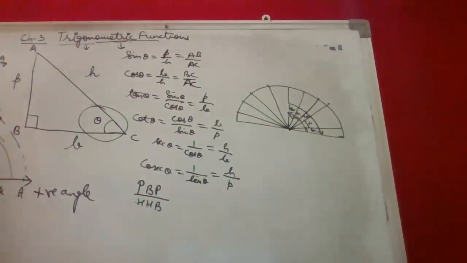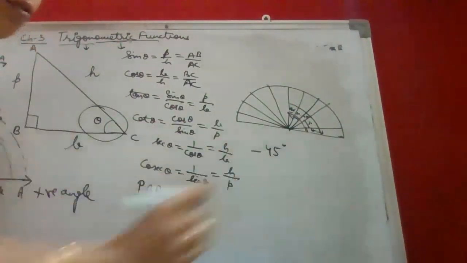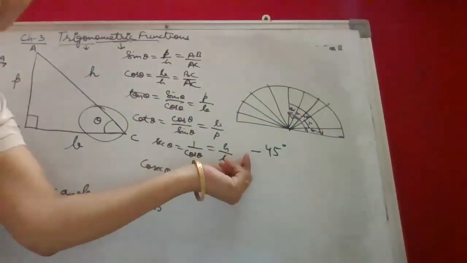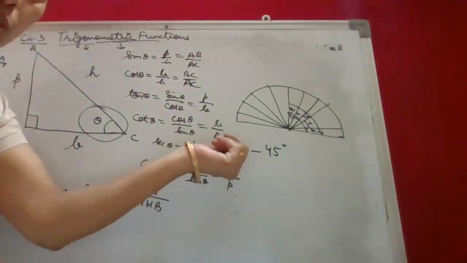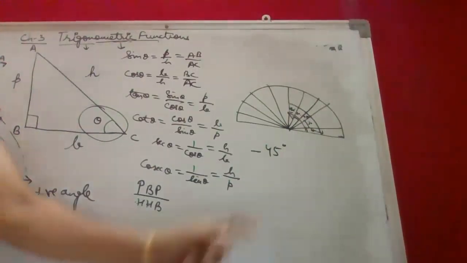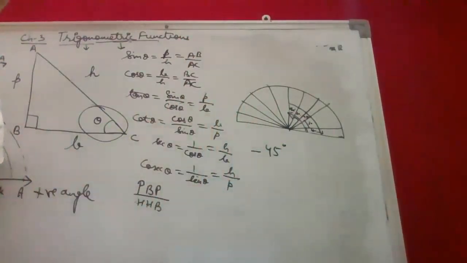So you have to remember this thing very carefully. Whenever with an angle, suppose it is written somewhere minus 45 degree. Minus 45 degree means that angle measured in clockwise direction having the measure 45 degree. So negative sign or positive sign with the angle always shows its direction. So if it is written minus 45 degree, that means 45 degree in clockwise direction.